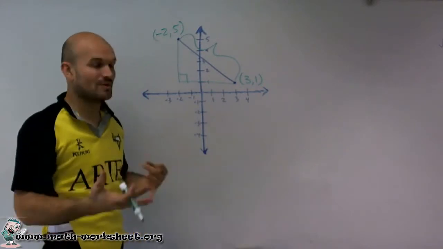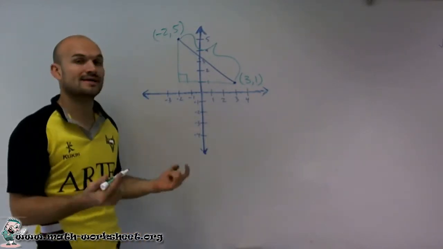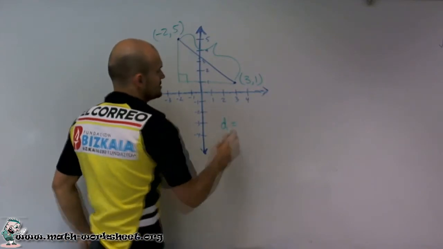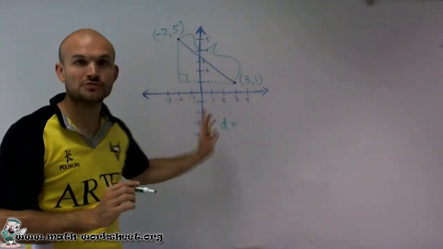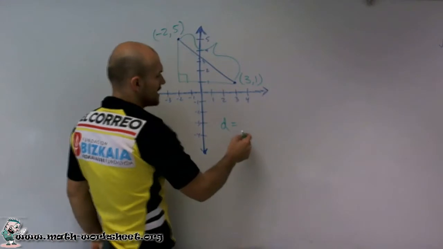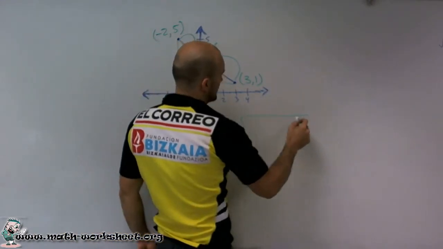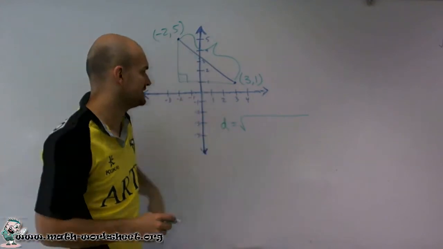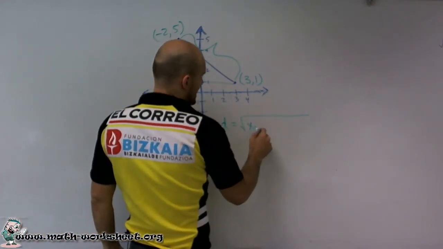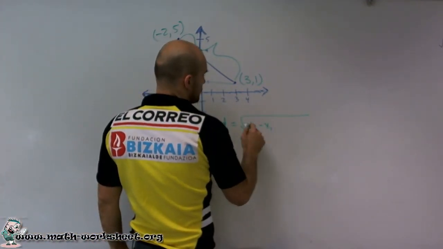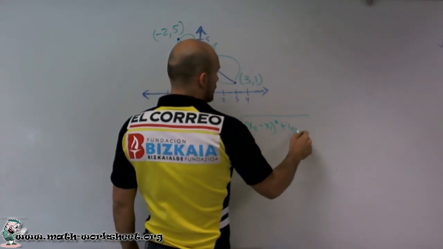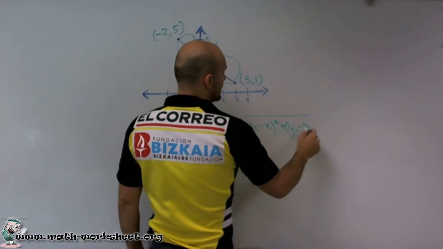However, by deriving the Pythagorean theorem, what they came up with is what actually this distance is. So rather than having to figure those out and use the Pythagorean theorem, we can actually just plug everything in to this formula. So it says the distance of your hypotenuse equals the square root of (x2 minus x1) squared plus (y2 minus y1)